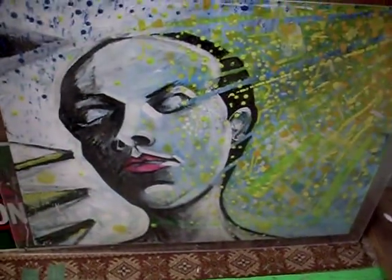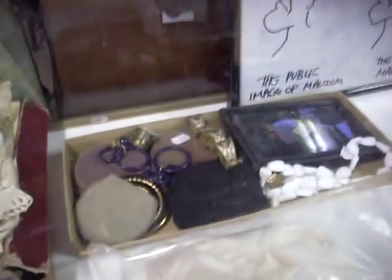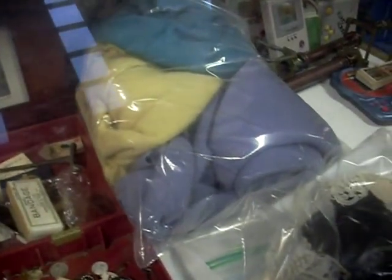Bar signs, big Mike McLean oil painting there from, I think he paints down at Torquay or Lorne. Some Victorian lacework, little box of sort of bits and bobs, heaps of compacts and costume, butterfly wing pictures, some sort of woolen knit cardigan, some more Victorian lacework, nice little two-piece outfit to get on the mannequin,